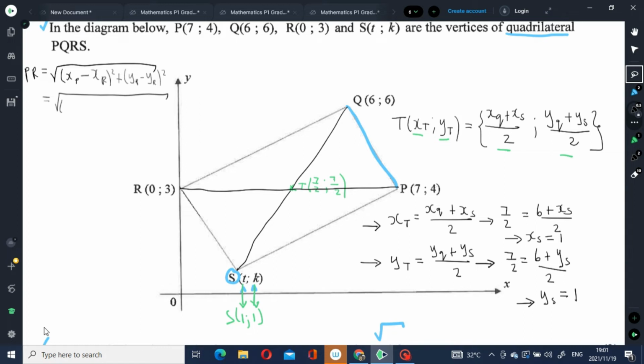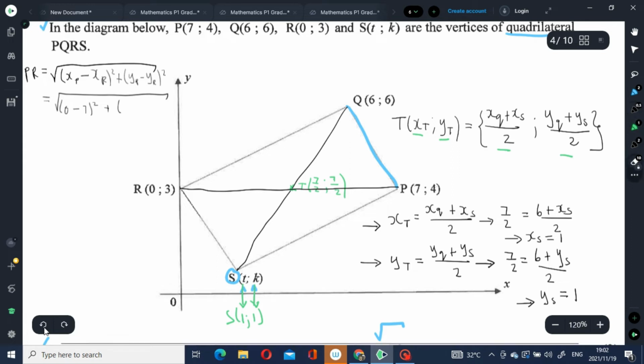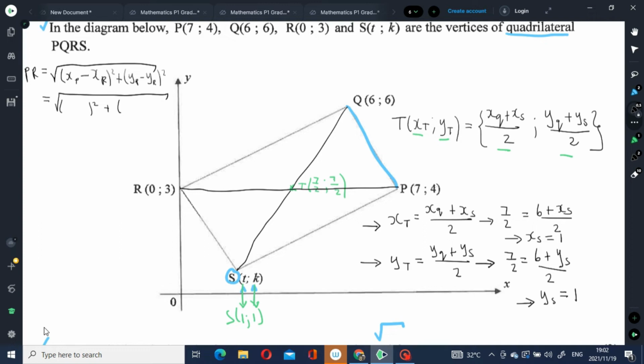XP. What's XP? XP is 0 minus XP. No, I think I wrote the wrong thing there. That's what I'm saying. I've already made a mistake. So it's important that you write the coordinates in their correct places. So let me correct that. The x coordinate of P is supposed to be 7, and then that is 0. 7 minus 0 squared,